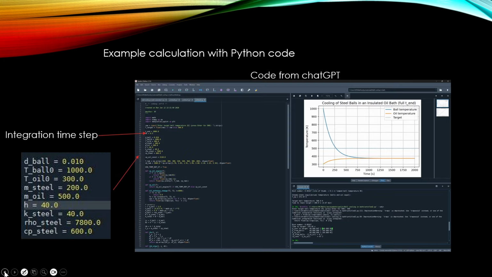And in this calculation I used this integration time step